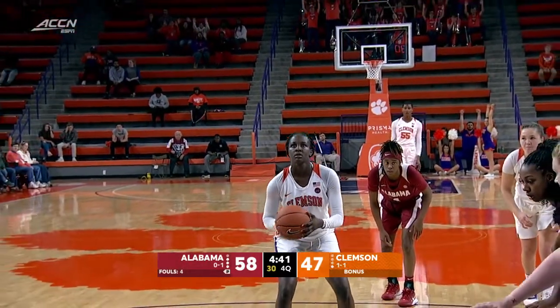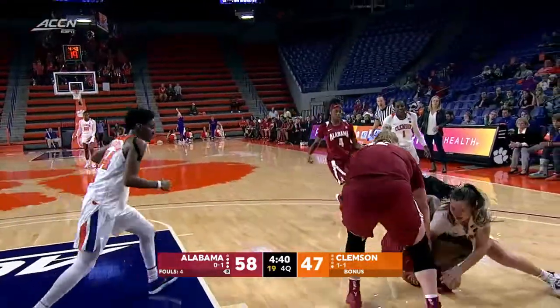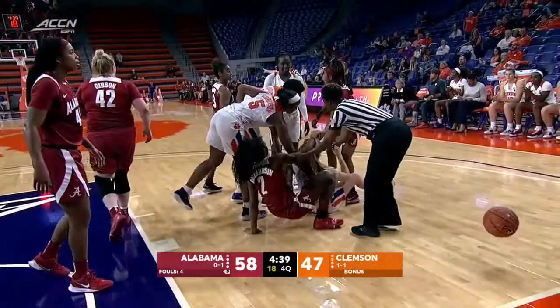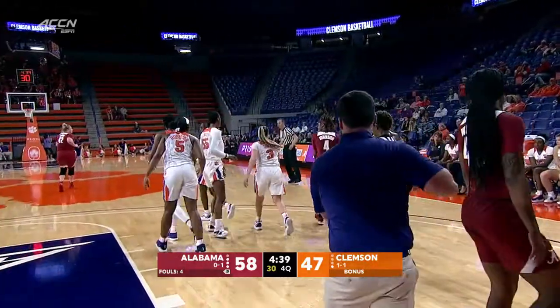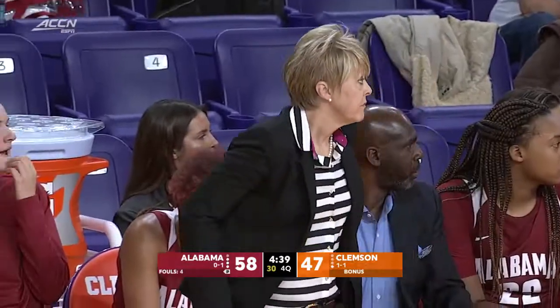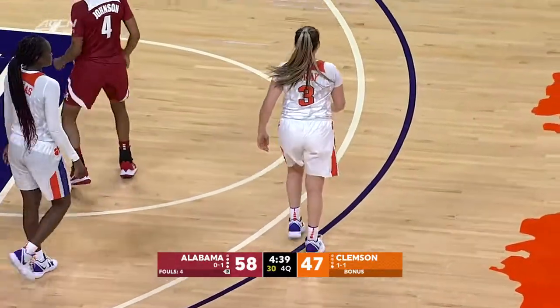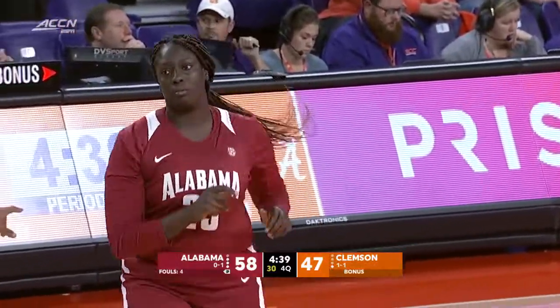Thomas free throw, short, no good. But Spray trying to come up with a rebound, can't. It's loose. Jump ball situation. Possession to Alabama. You got to come up with that rebound. Another lesson right there for Kendall Spray. Don't dribble out of trouble. Pick it up. Pick it up and pivot. Don't dribble out of trouble. Knight going to come back into the ball game as Gibson will go out. So there you take a look at Ashley Knight,